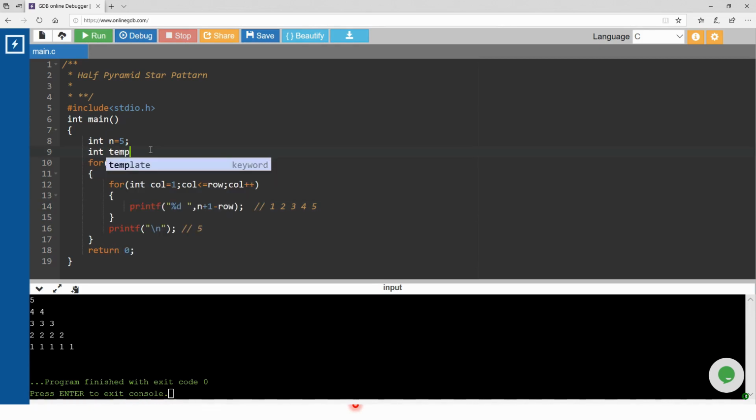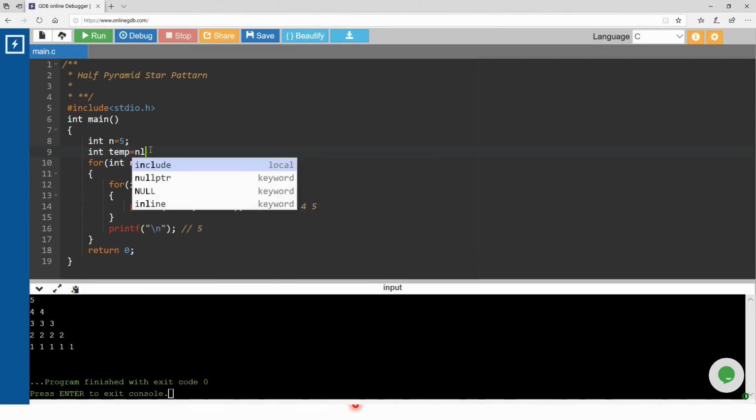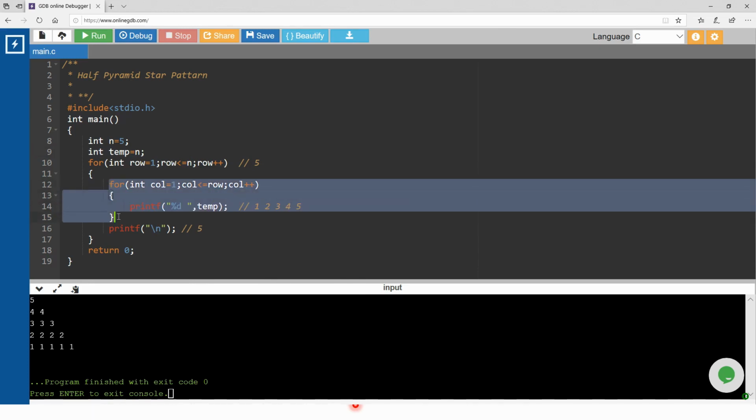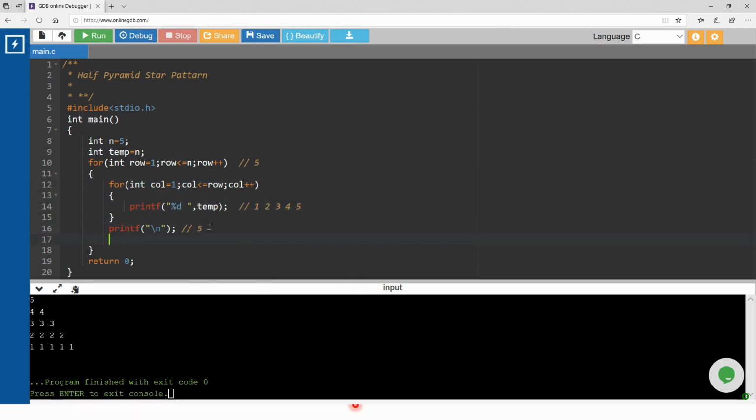So I'm going to take a temp variable equal to n. Whatever variable I'm going to use, because I have to print starting from the given number, right? So here I'm going to print that temp variable. This is to print each row, right? For the first row it will print 5. Then after printing a new line, what I'm going to do is I'll decrement it by 1. So for the second row, whenever it's printing, it becomes 4. So it will start printing 4, right? So let's execute that. See, it is the same.